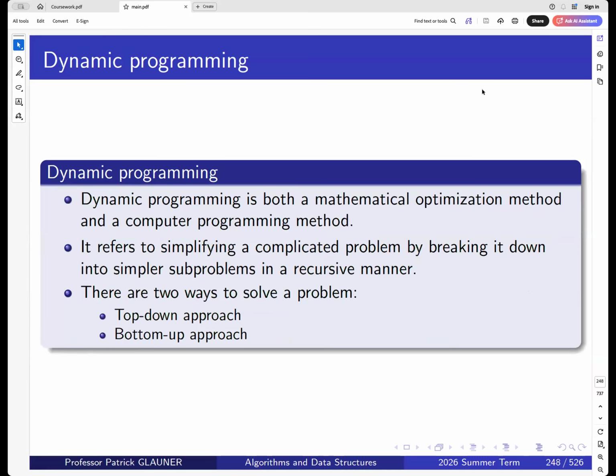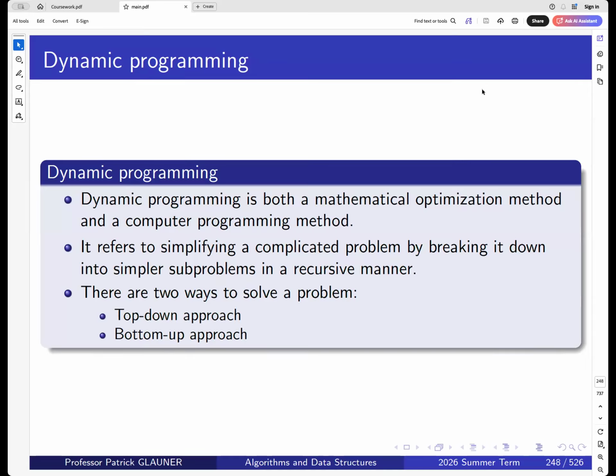Now, the last topic we have left is dynamic programming. And we will see what dynamic programming is in this context. Dynamic programming is a term often used in mathematical optimization methods, but it can also be a computer programming method. It essentially refers to simplifying a complicated problem because we break it down into simpler subproblems